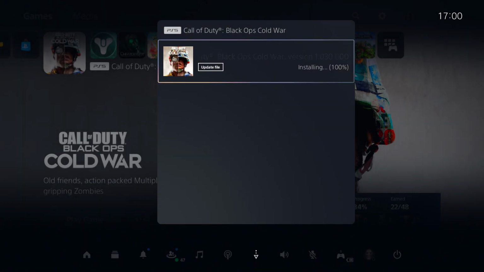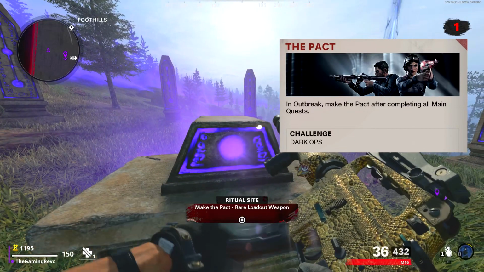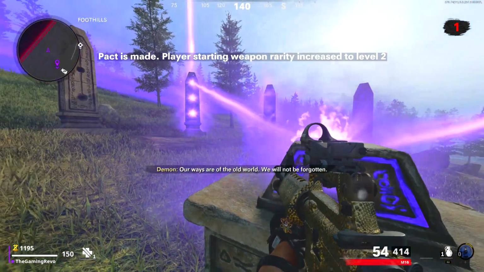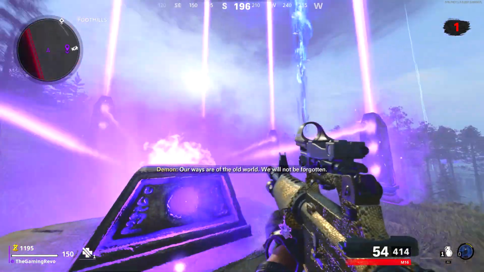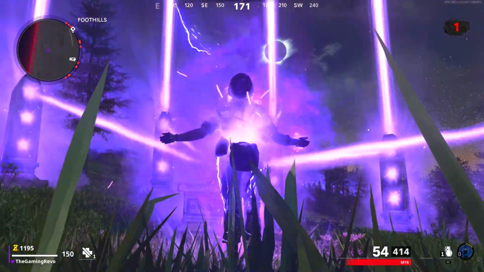We just had the big Black Ops Cold War Zombies update which added the super Easter egg. Unfortunately, the Easter egg and its subsequent rewards are very basic. After you've completed all of the main quests in the game, you are able to head to Zoo in Outbreak, and within the foothills there is a new ritual site that you can interact with, allowing you to make the